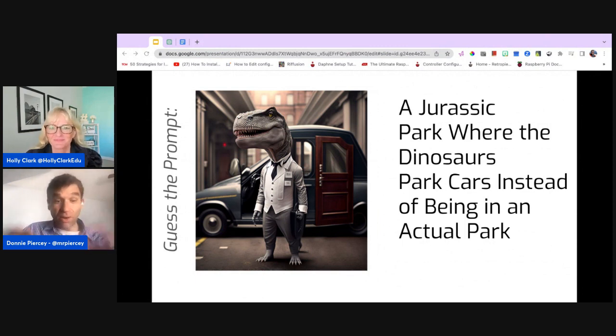Anyway, but I wanted to start off with this because a lot of times when we think of AI, we only think of ChatGPT. We only think of Google Bard, some of the other text generating things out there. But this image generating stuff is very, very powerful. How many times as a teacher are you putting a slideshow together, maybe in Canva, maybe in Google Slides, and you're like, oh man, I just wish I had